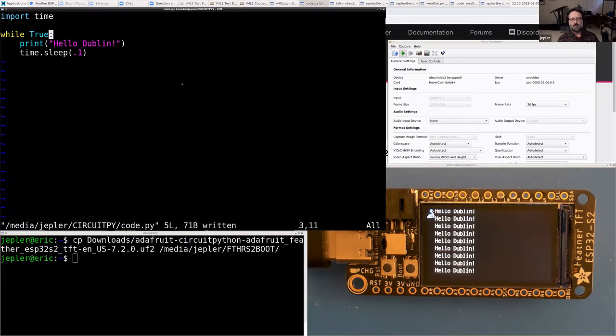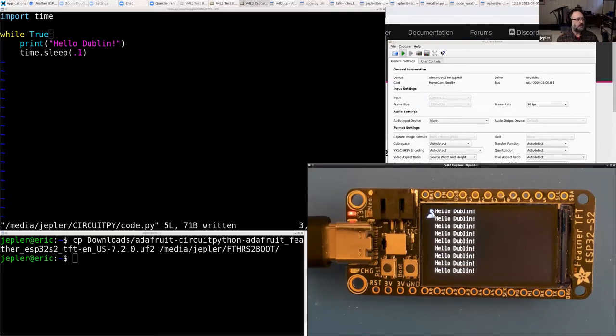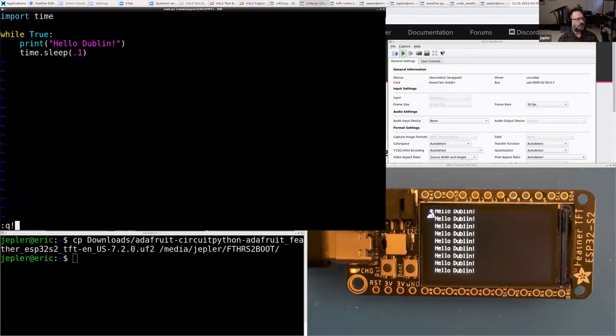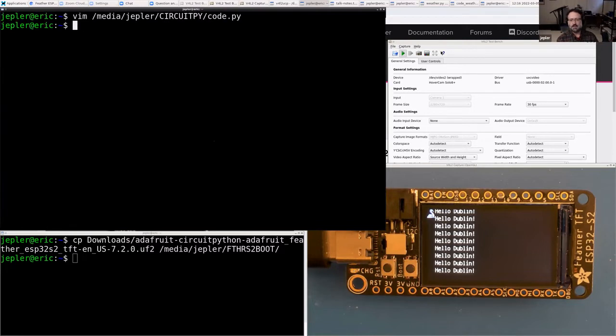And a lot of the basic guides for CircuitPython would then take you through, well, how do you blink an LED? But what I thought was more interesting is everybody likes to talk about the weather. The weather here was warm for a couple of days, but last night it turned rainy and cloudy. And so I thought, why not show a weather forecast fetched from the internet on our little screen?